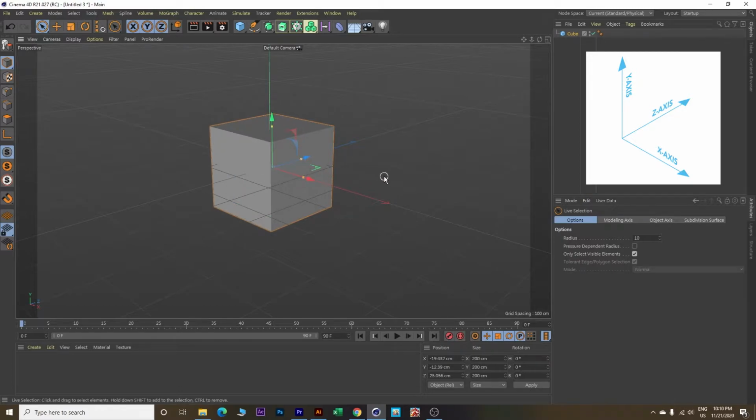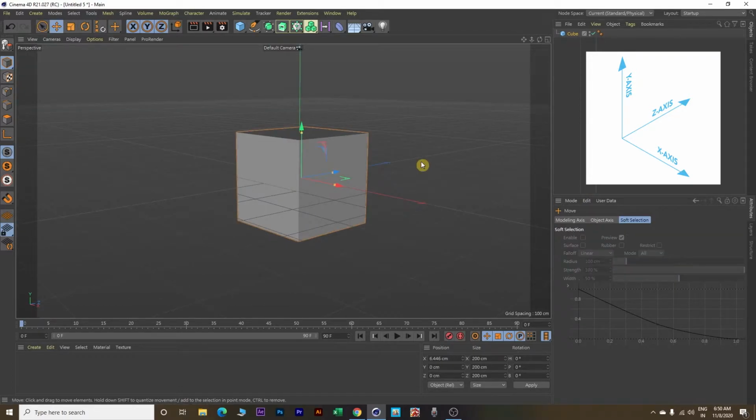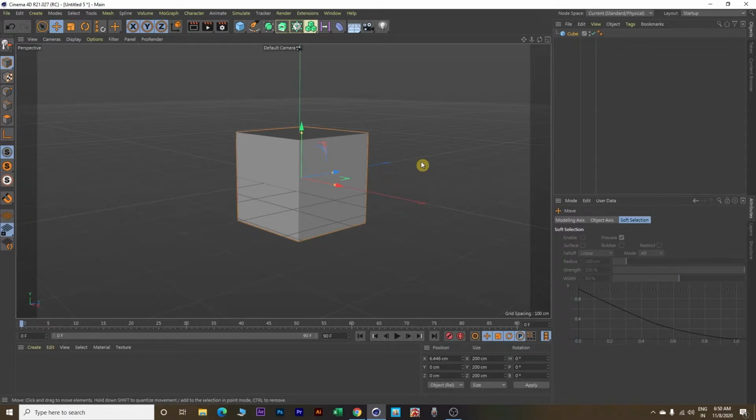If you are learning these three axes for the first time, then you may find it little difficult to understand the concept of three dimensions. But don't worry and trust me that with some patience and practice, you can master this very quickly. Now let's come back to learn how to modify our object. So first, let's learn how to move an object. As I have told earlier, in order to move an object, we need to use E key.